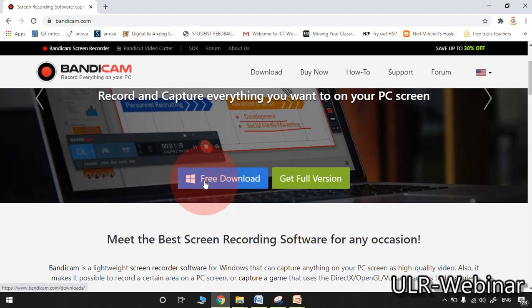Here please observe, free download option is there. Click it. Exe file will be downloading into your computer. And after installation, you will observe a desktop shortcut into your PC.